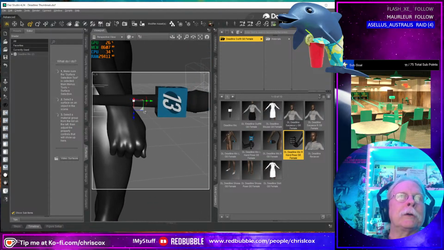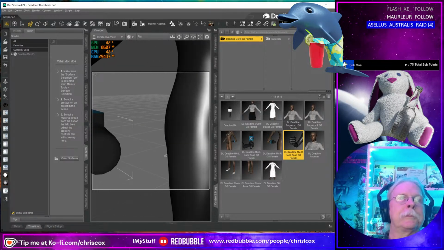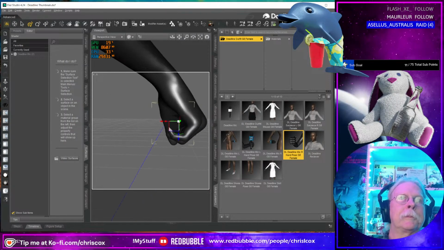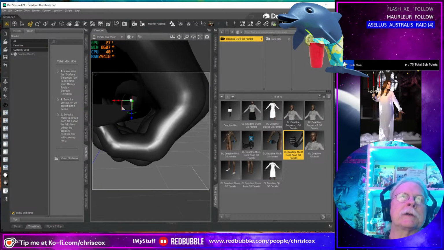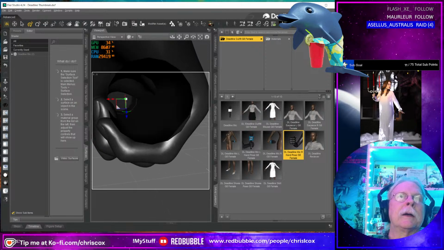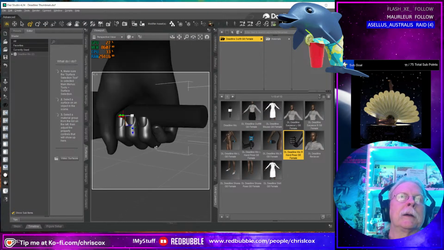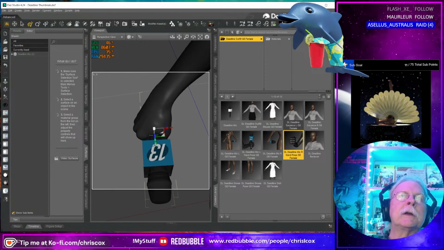So I'm pretty close to being done. Hopefully I don't have to adjust this too much. We might need to tweak that pose a little bit because after all it was made for a Genesis 8. So how's that mic sitting in here?